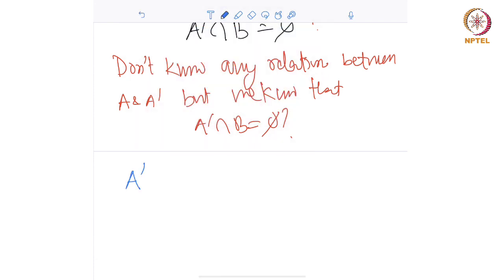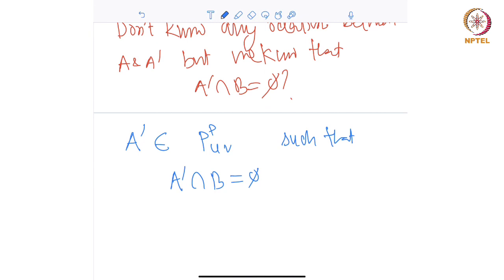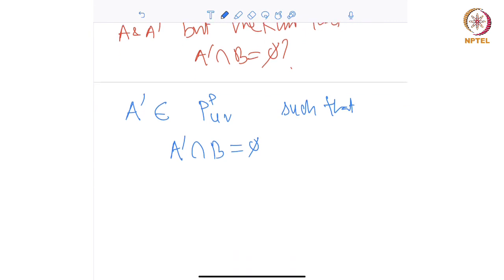So we have an A prime element of PPUV such that A prime intersection B is empty. So at this point of time, pause this video for a minute and ask yourself, if I did have such an A prime, can I do